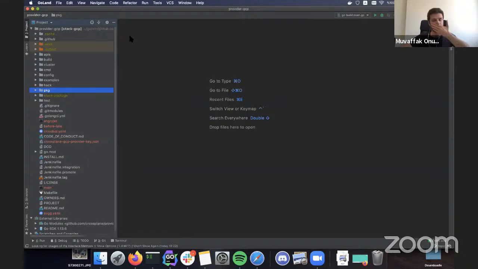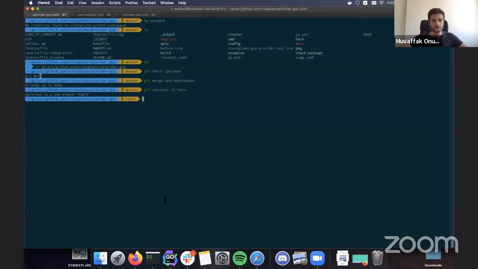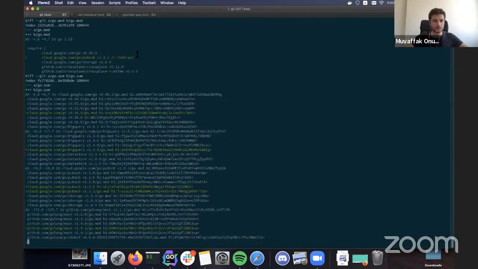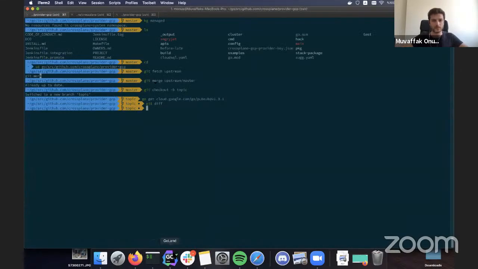I'm using GoLand, if you are familiar with it, it's essentially an IDE. We have seen the library. The first thing we need to do is basically go get it. Go get this version to be added as a dependency. And we got it. It's been added, and there's not much other change in the Go mod file.